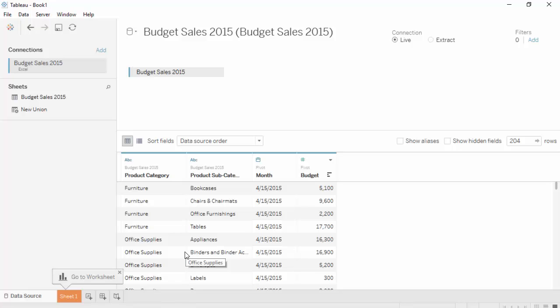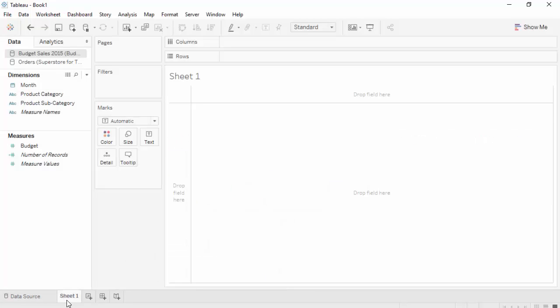So you have to change that to a number field. Okay, and also you have to change it to measure from dimension. Okay, so now we have cleaned up the budget file. Okay, so now we have budget is measure, and we have month, product category, and product subcategory. That is for the budget